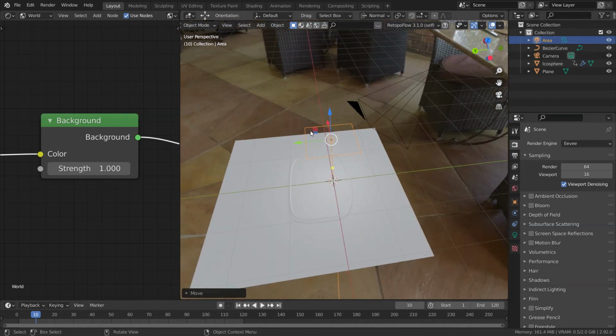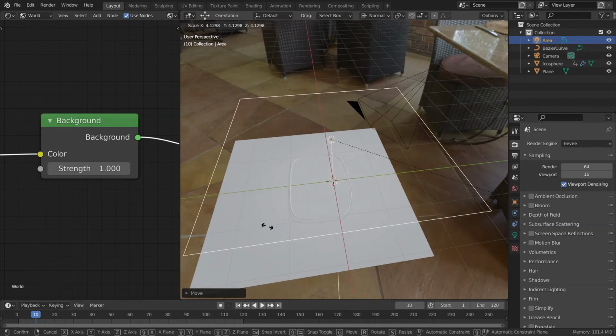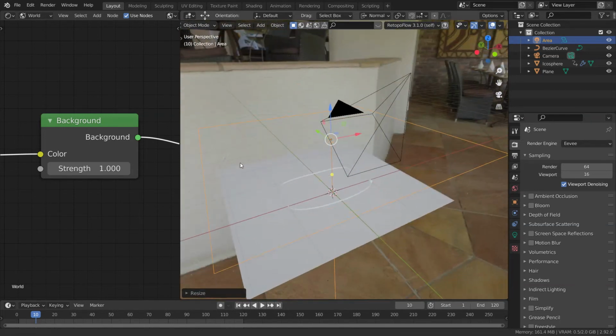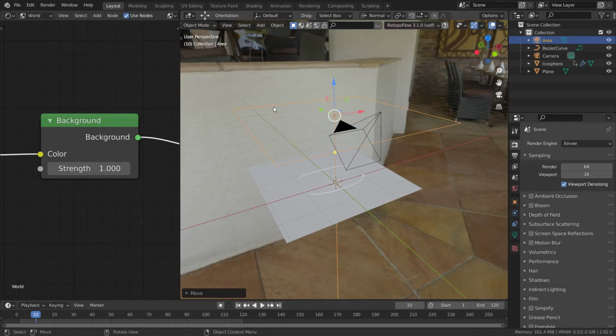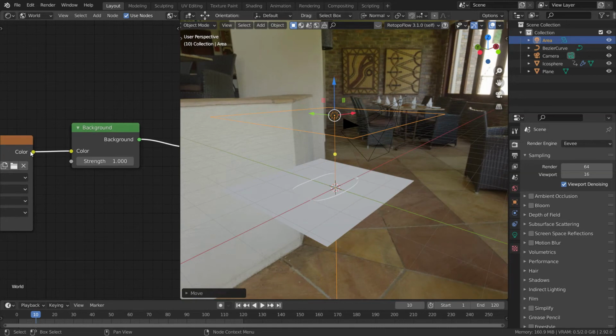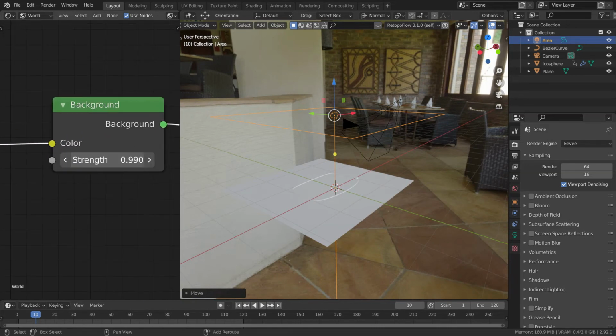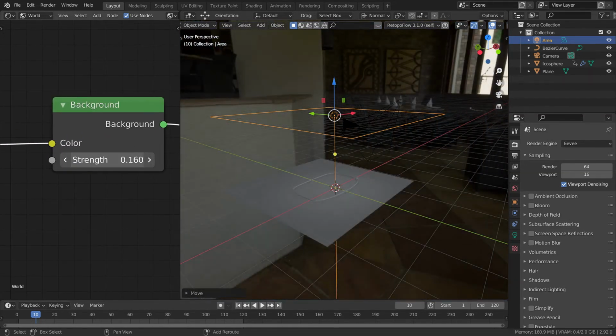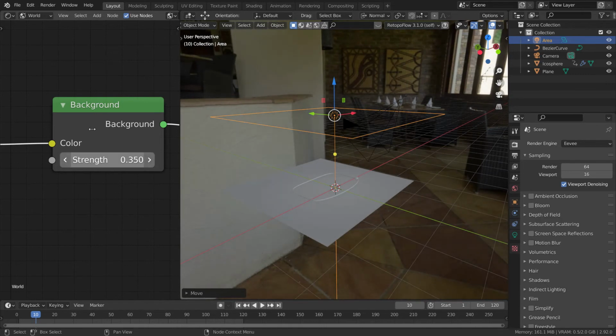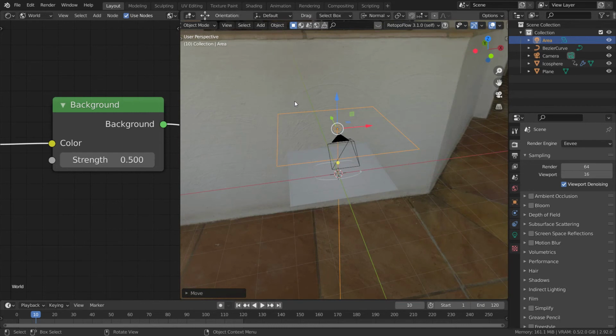So this is my area lamp over here. You can use S to scale it, and then you can just grab it on the top like that. By the way, you can also decrease the strength of the HDRI to something like this. So 0.5 I think will work good enough.